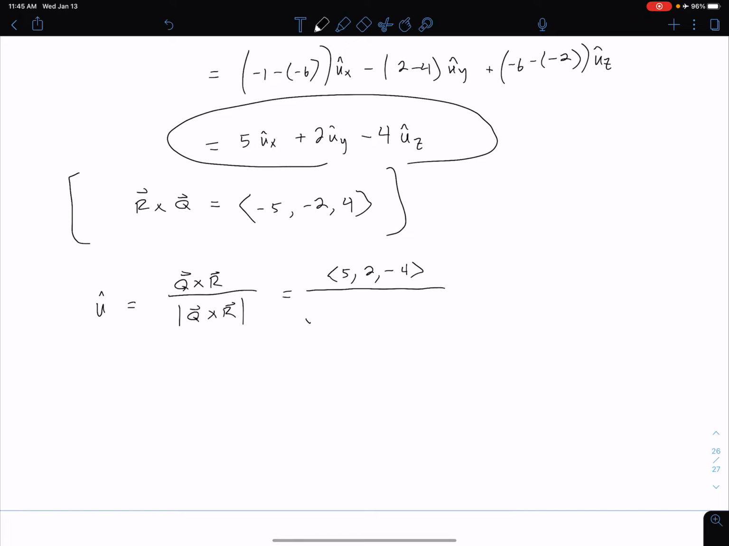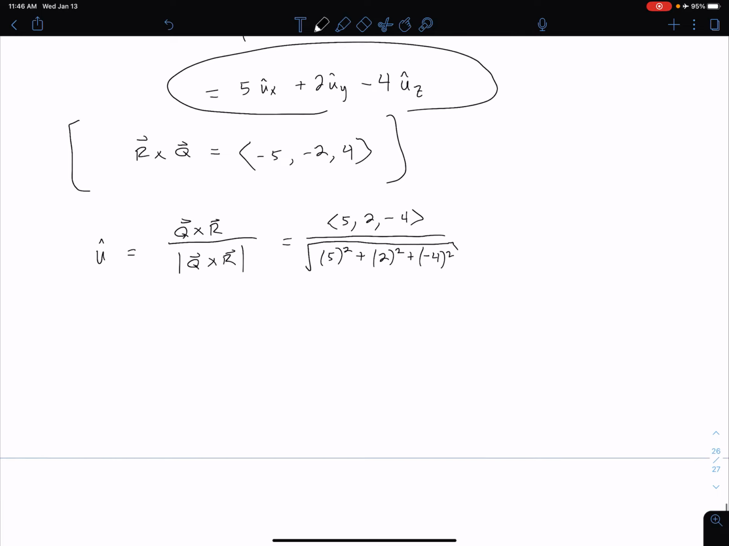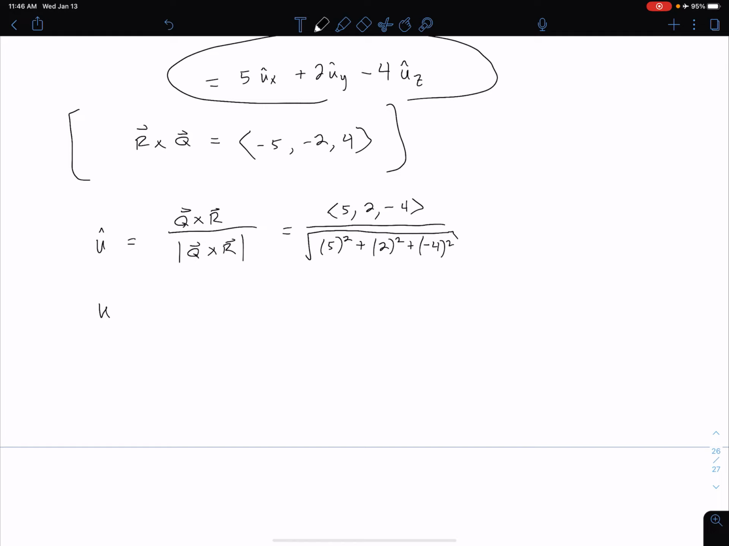And then the magnitude, by definition in Cartesian coordinates, is going to be the square root of each of those components squared. So square root of 5 squared plus 2 squared plus negative 4 squared. Okay, so if we evaluate that, we get our desired unit vector. So that is equal to 0.745,